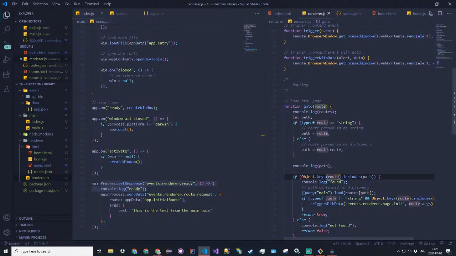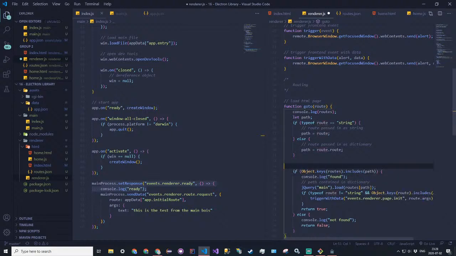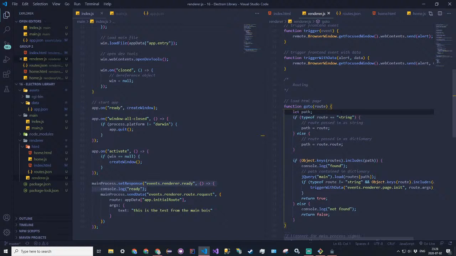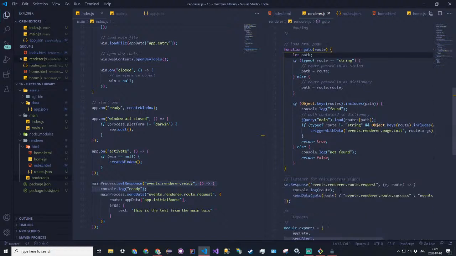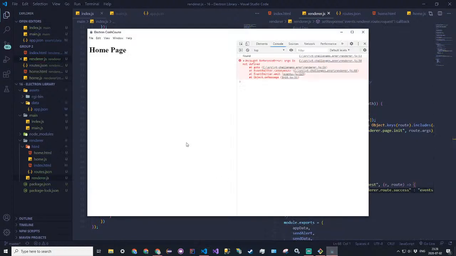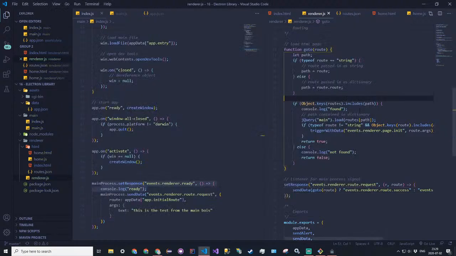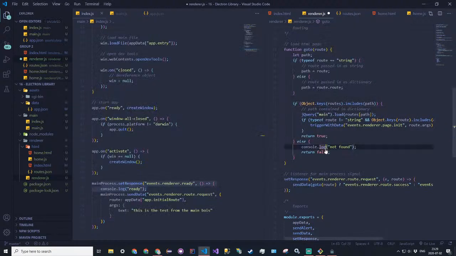Okay, so make sure that is Object.keys and you pass in a route. So you want to get the keys from the routes dictionary, not the route. Now everything should be all good. Just reload. Okay, so that's fine. So we get the page though. We get the home page. That's good. So it just said that args is not a thing,